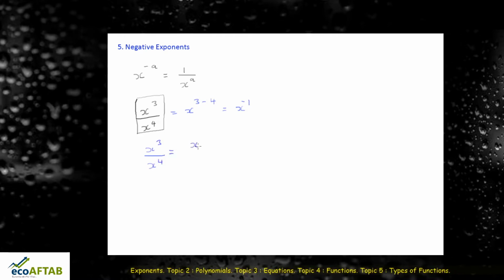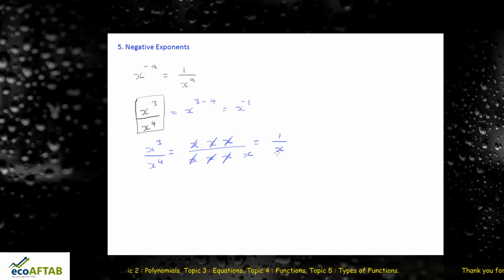We will solve it as x into x into x, x cube divided by x into x into x into x. So here what will you do? This x and this x gets cancelled, this x gets cancelled, this x gets cancelled. So what remains is 1 upon x. This is what 1 upon x I have solved, and this is what the quotient rule has done.